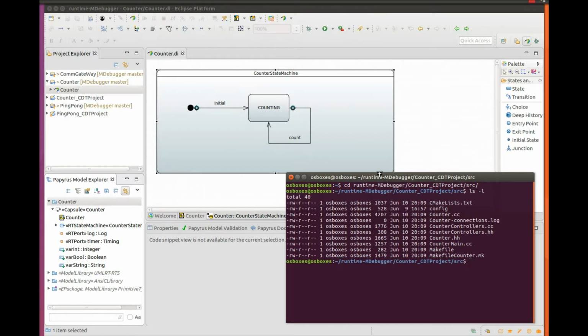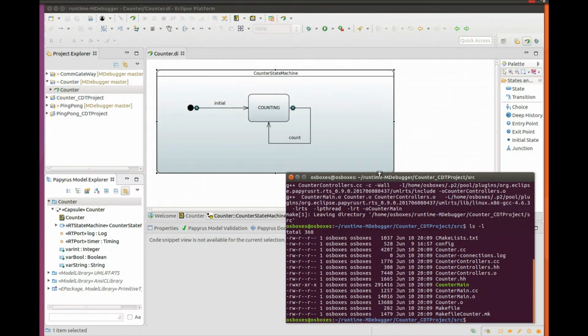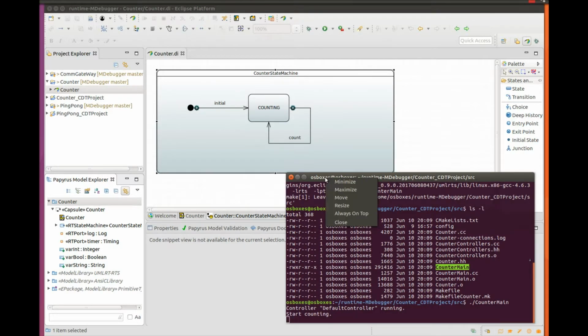I can see the different artifacts that were generated along with a makefile. If I execute the makefile, I can compile my application and I can see that a program was created called counter main, and I can launch it. So let's take that on the desktop.